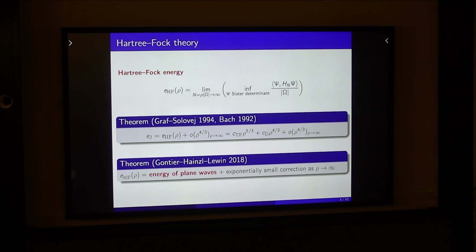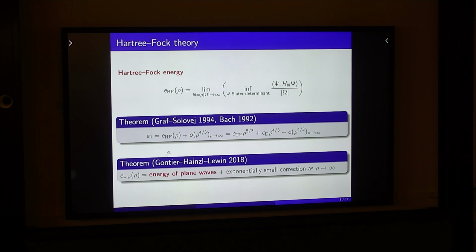So when you look at the physics book, they usually plug in here the n-body state, which you get by a Slater determinant of the n lowest plane waves, and calculate this energy. And what is interesting,